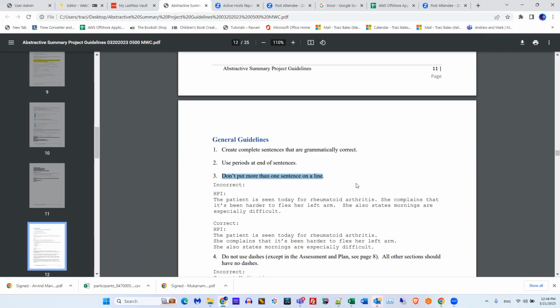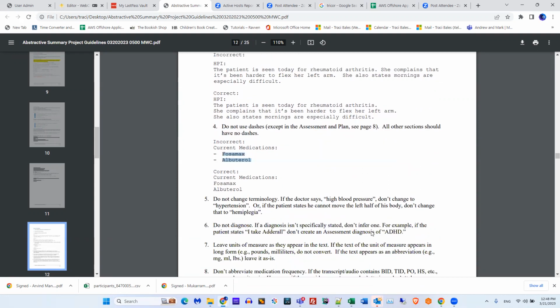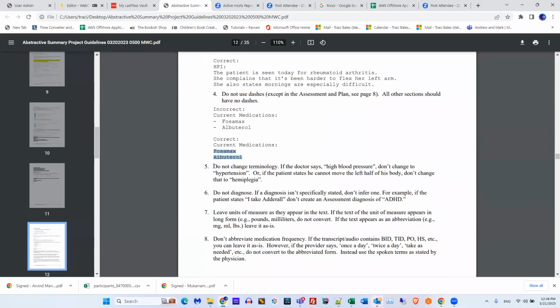I basically just say each line has one of something, no more than one thing on any line, and you should be good. The only place dashes are used are in the assessment and plan. So don't use it in the medications. Don't number the medications. Don't try to put them in outline format, just one right after the other.